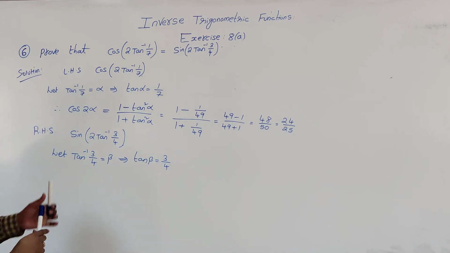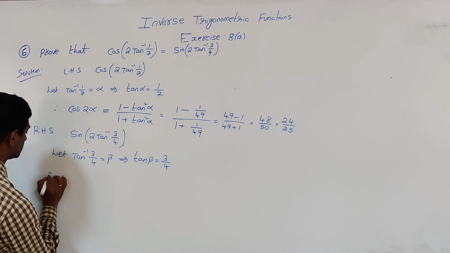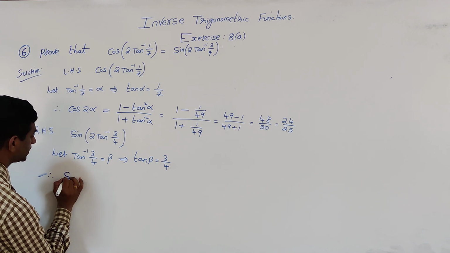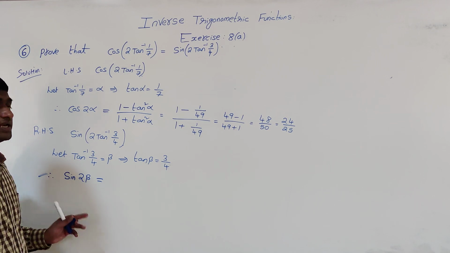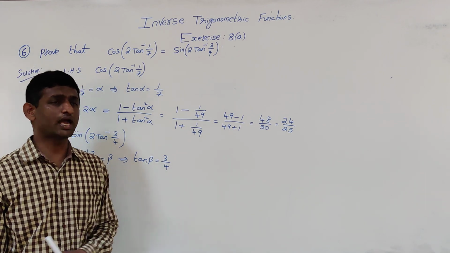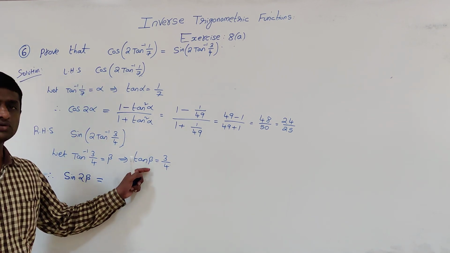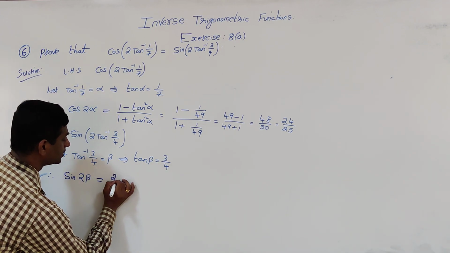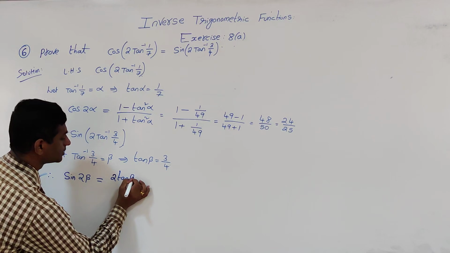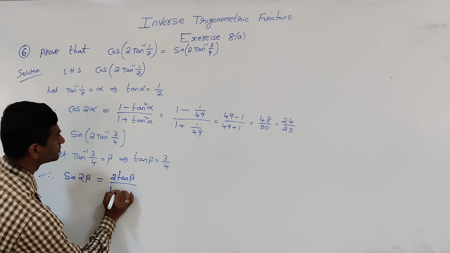So it reduces to sine 2 beta. Again, sine 2 beta in terms of tan beta, because as we know tan beta is 3 by 4. So sine 2 beta is 2 tan beta by